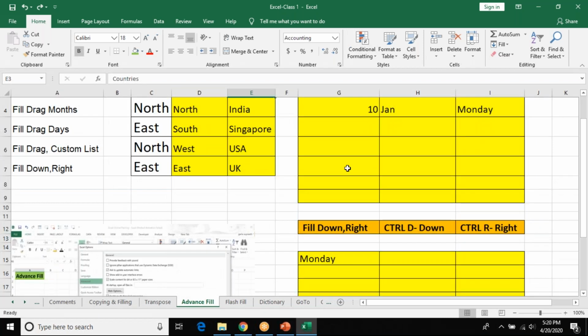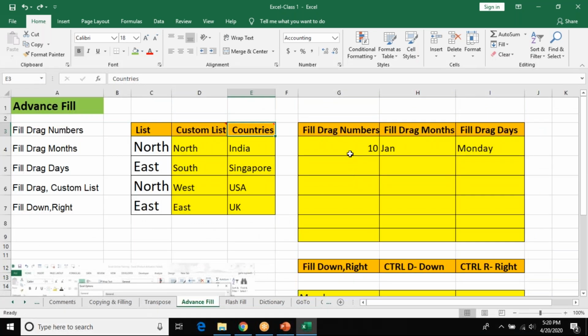Now this is again a repetition. Fill, drag numbers. If you want a jump of 10, like 20, 30, and next you want 40, just select this and drag it. You will not get it. Then what you have to do is select the first 3 cells and then drag the remaining cells.